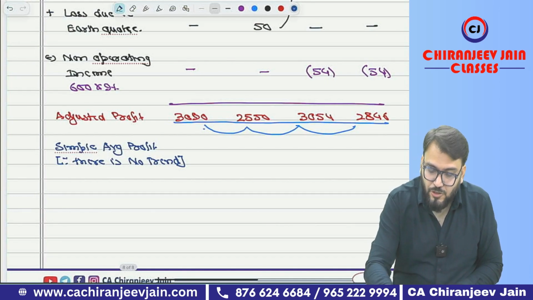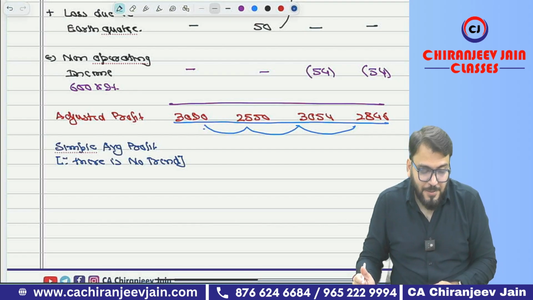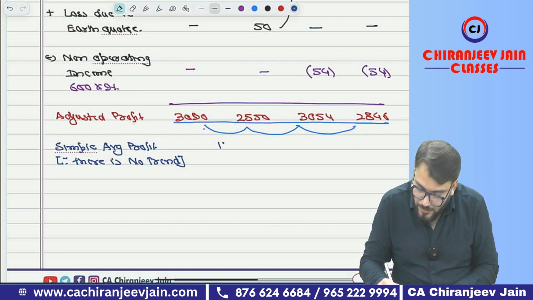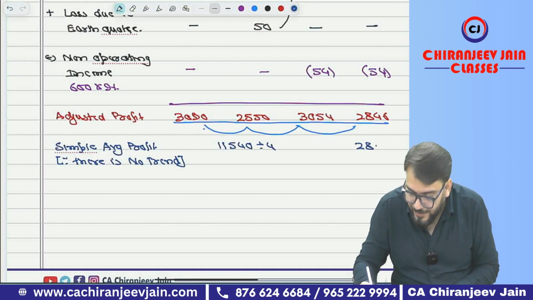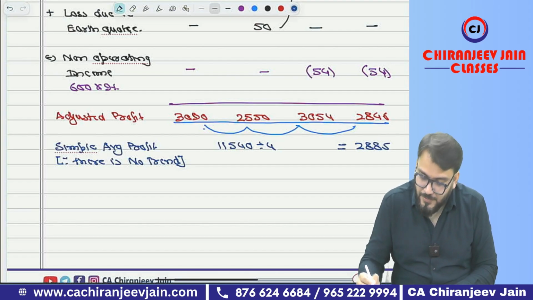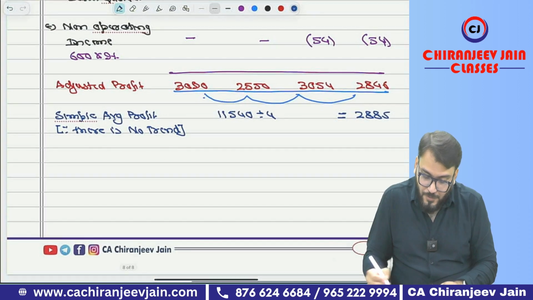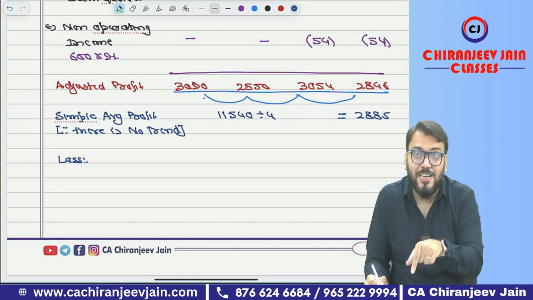Since there is no trend, what do you do? Add 3090 plus 2550 plus 3054 plus 2846 is equal to 11,540, divided by 4, it is 2885. This is average profit. Okay sir, chalega. Now from this we'll deduct, there is one additional manager remuneration that is given in the last